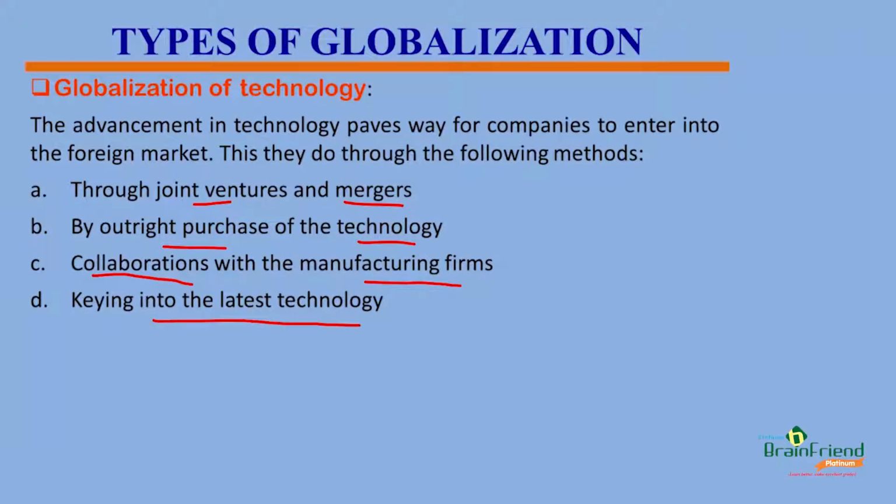And lastly, for this class, globalization of technology can be done through the keying into of the latest technology. Now, every day we wake up, new things come up. So by keying into these new innovations, we are actually encouraging globalization. So right now we are having better television sets than the ones we used to use before. So it will be strange for you to walk into your neighbor's house and you still find the black and white television set. We have evolved. We have left the black and white age. We are now in the colored age.